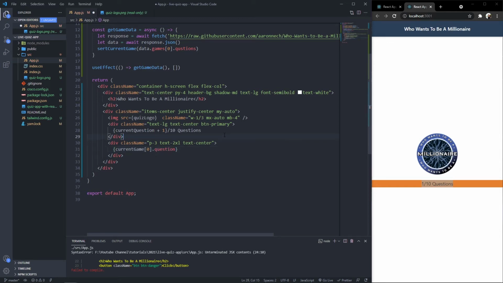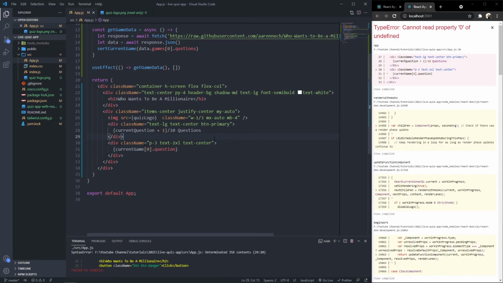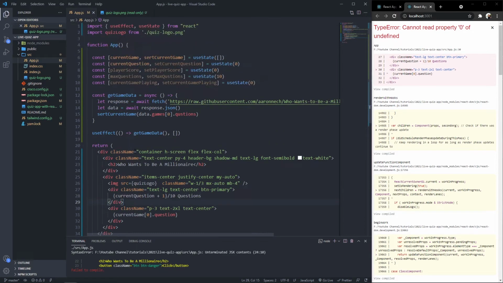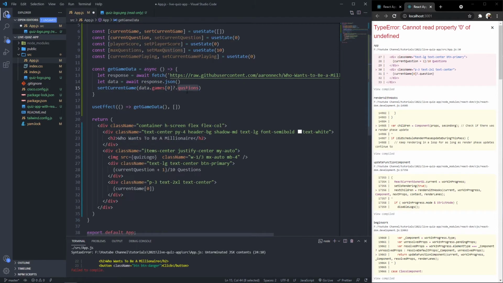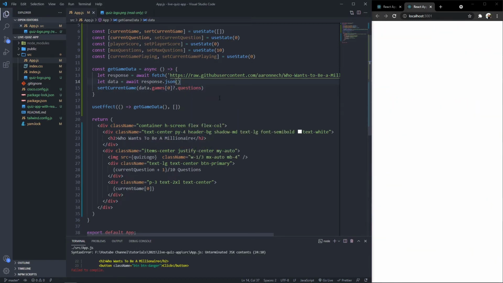Sorry about that. If I save it, I should get an error, I think. Yeah. So it says cannot read property 0 of undefined. So let's quickly have a look. So I have an array. Aha, questions is misspelled. So that's questions. If I save it,